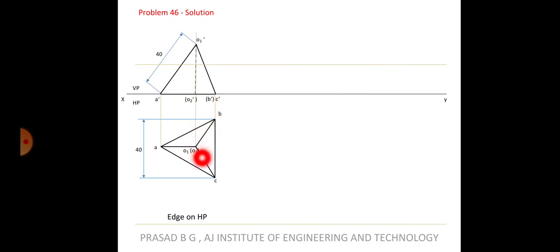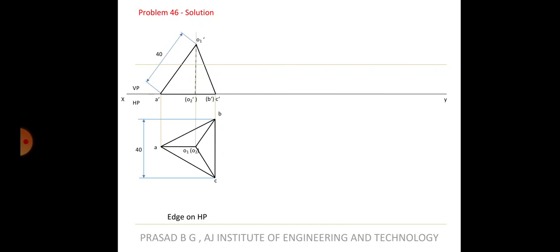O to B is inclined, O to C is also inclined. Only the O to A edge is parallel. So only when you have a parallel edge are we able to see the true length. That is why it should be OA that is equal to 40. Please remember this. Whichever edge is parallel to the XY line, only that edge can be taken as the true length, 40. You cannot take OB, because you may make that mistake. If you take OB as 40, cut the arc and draw it from this side, then that is not the proper shape of the tetrahedron.